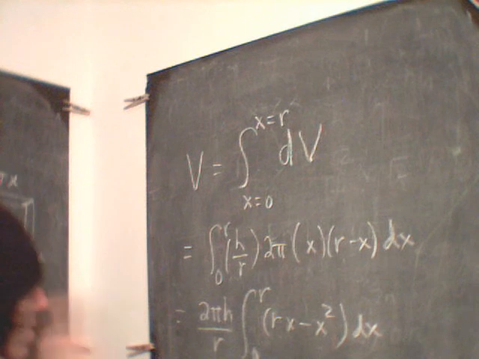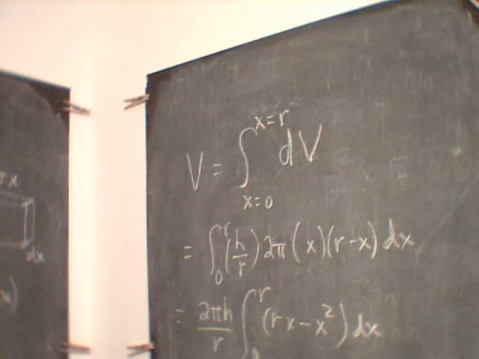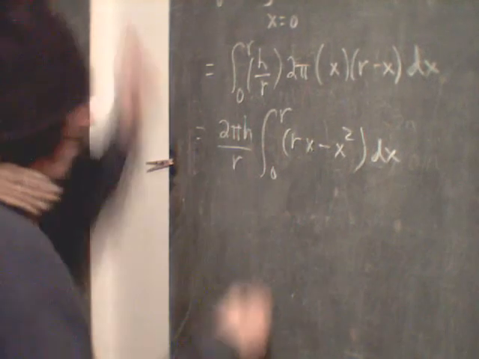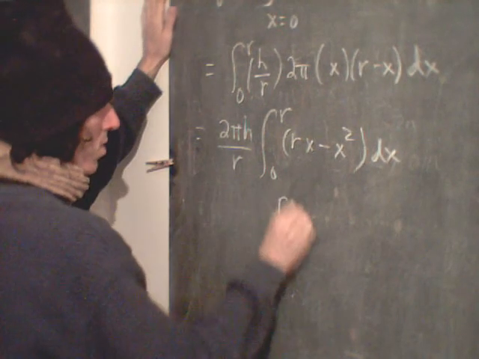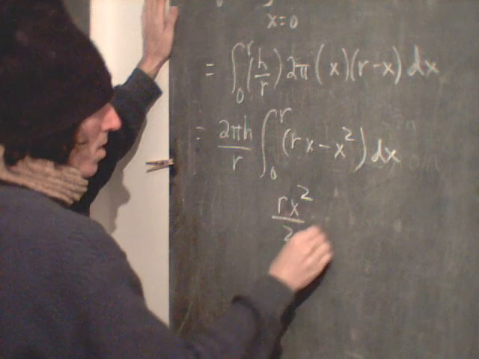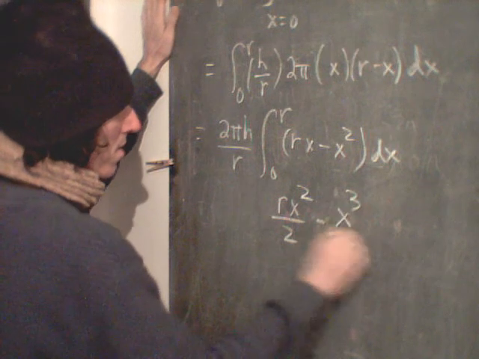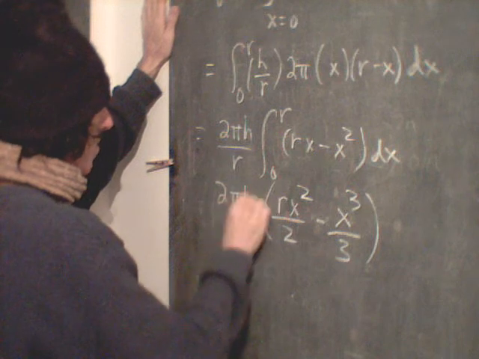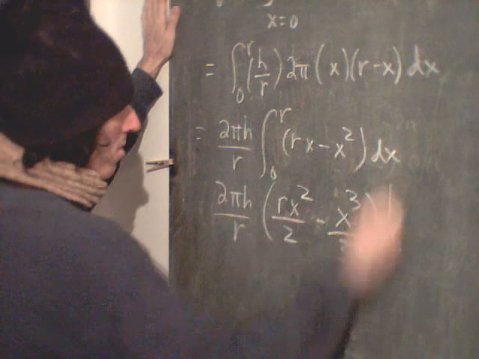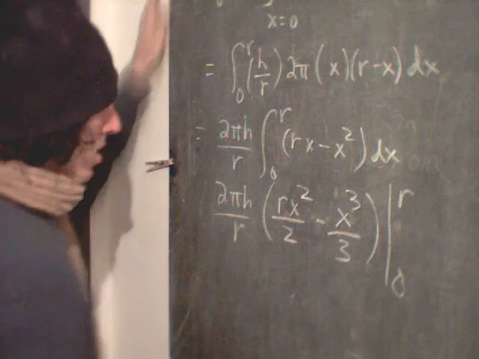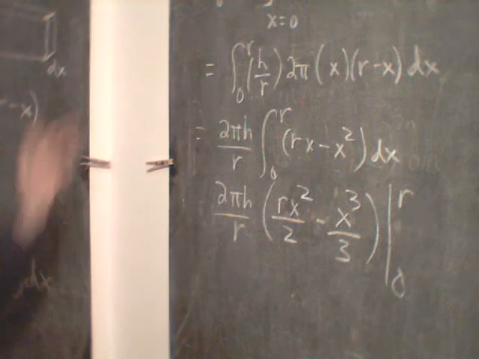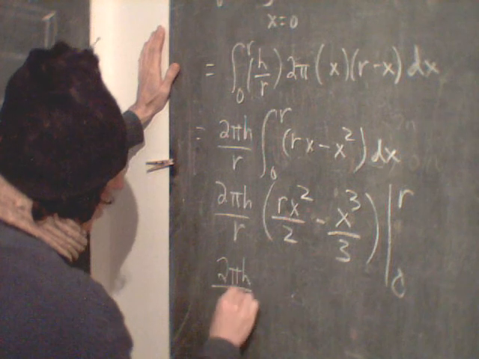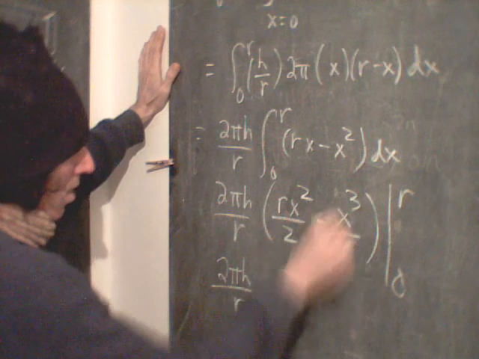And so now it's an integral, and we can integrate that. So we get rx squared over 2 minus x cubed over 3. And that is 2 pi h over r, going from r to 0. So now I've got 2 pi h over r and then plug in r, and we get